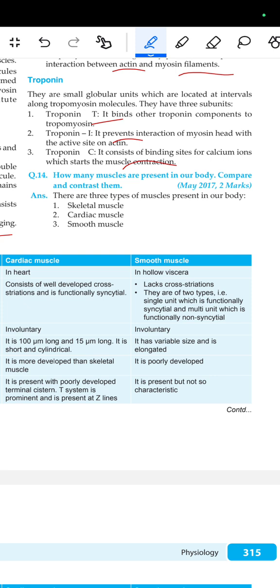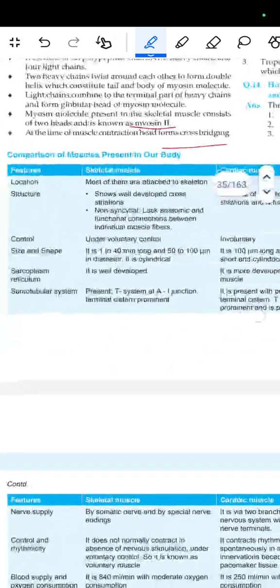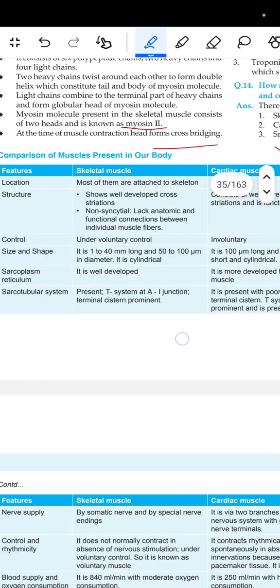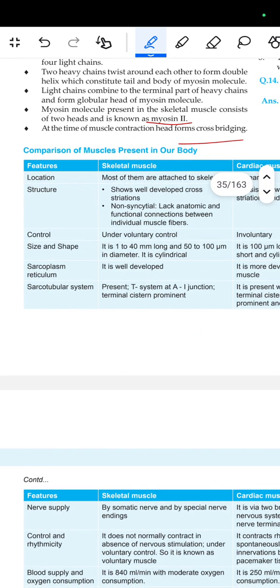How many types of muscles are present in our body? Compare and contrast them. There are three types of muscle present in our body: skeletal, cardiac and smooth muscle. Here is given the comparison of the muscles present in our body. Location of skeletal muscle: most of them are attached to the skeleton. Structure: shows well-developed cross striations, non-syncytial, lacks the anatomic and functional connection between individual muscle